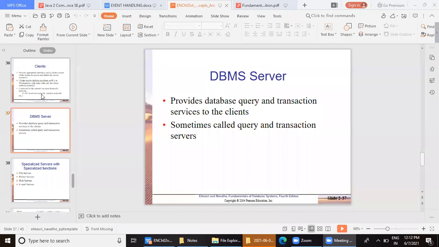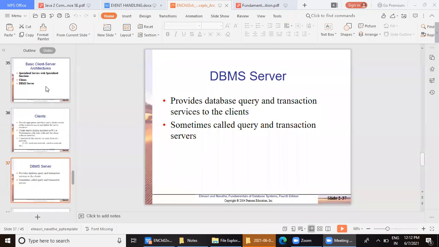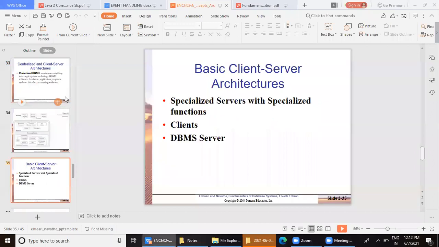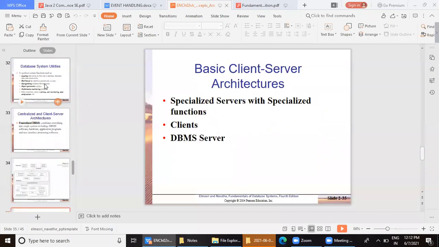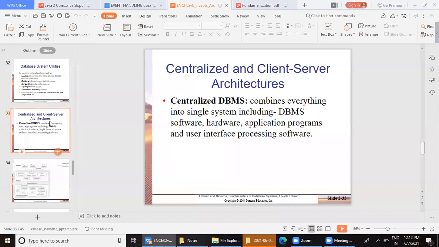So last time we had started discussion on client server architecture. Initially, as we saw that DBMS software was installed on centralized architecture. That means only one PC combined both the client as well as the server software.